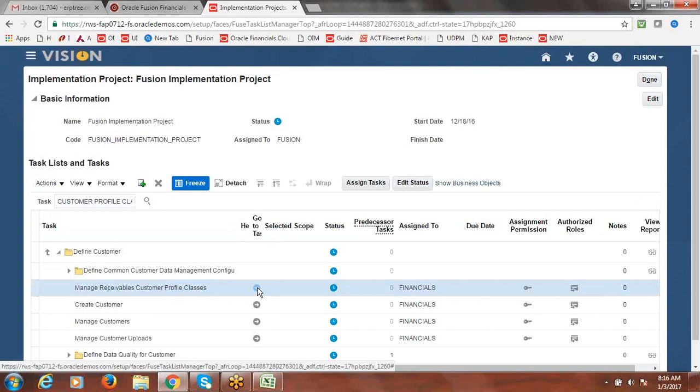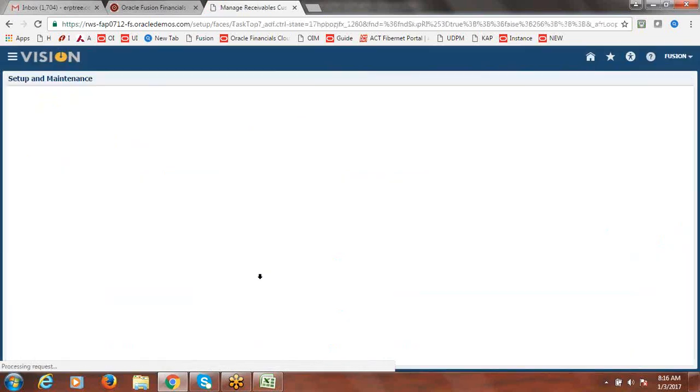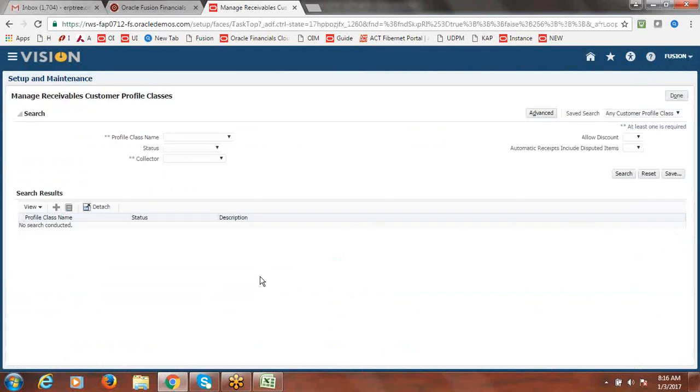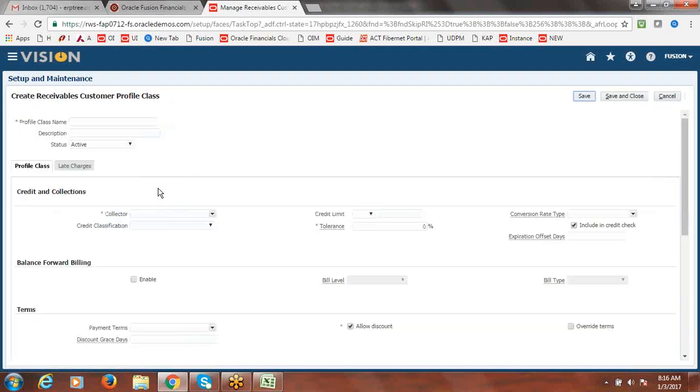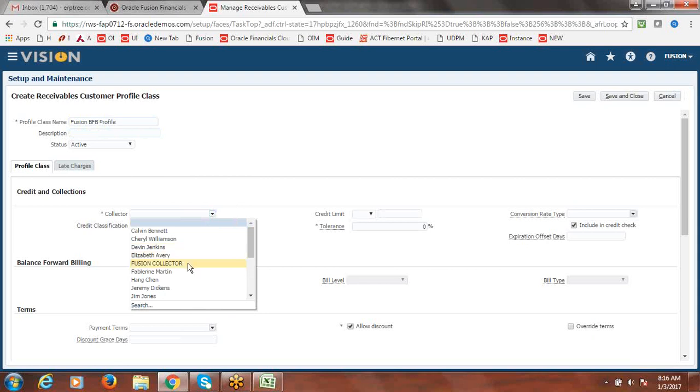Just click on go to task. Click on create. Say Fusion BFB profile. Select collector,